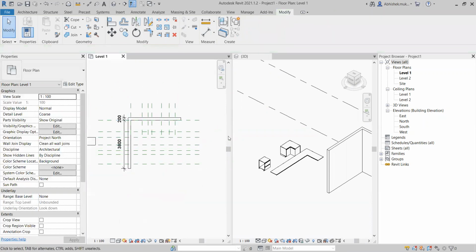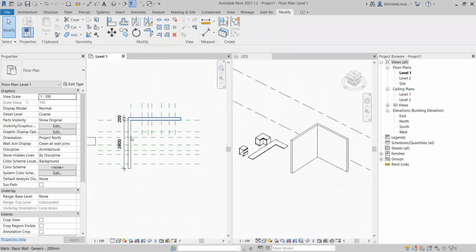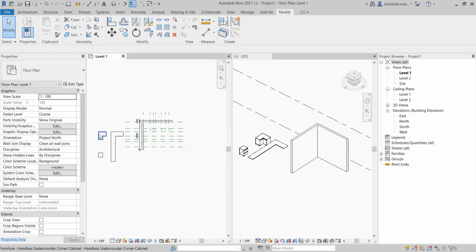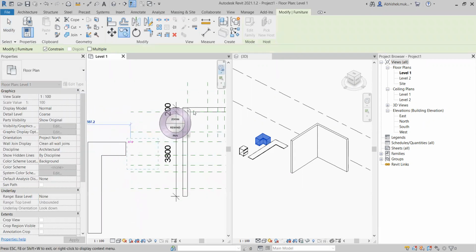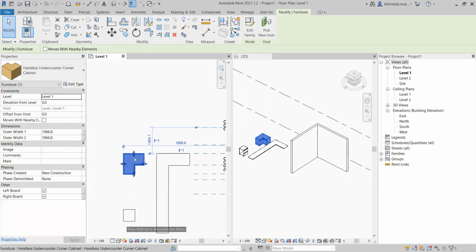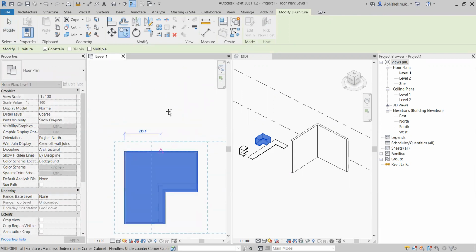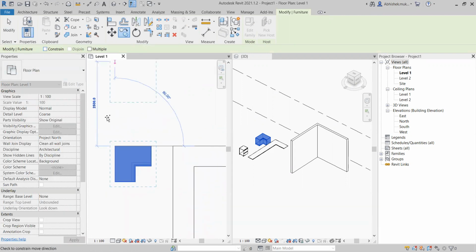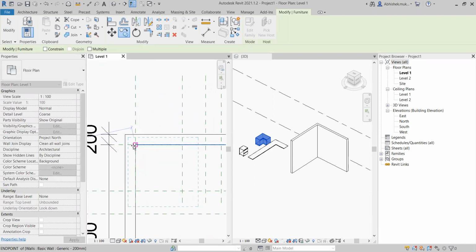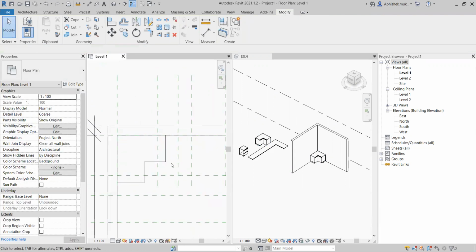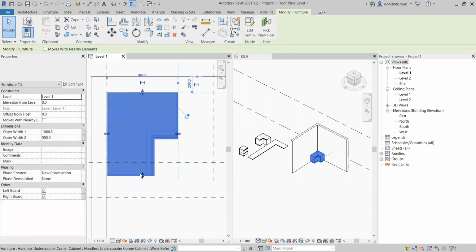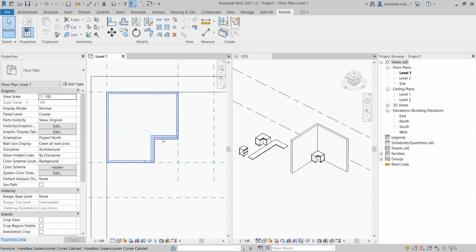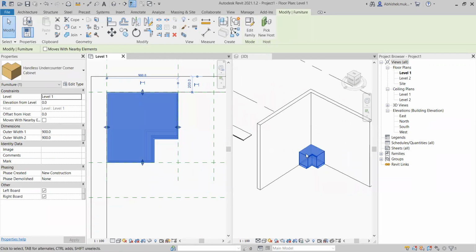So I've drawn two sides, and as you see in 3D, nothing is happening because these are just reference planes. So I'm going to go here and then copy this kitchen cabinet and then bring it right over here. I'll drag the point. I will switch off the constraint and then copy it right over here. And I see that in this cabinet, I have a few pointers. So I'm going to drag it and then just push it up till here. You see all the information of this kitchen cabinet which I've made. You see this is happening in 3D and 2D at the same time.